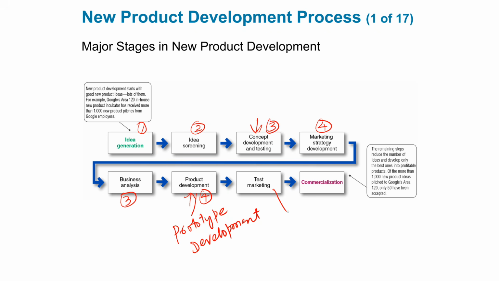Then you have test marketing. In some books it is also called, this is the fifth stage, market testing. And then we have, again I started from 3, 2, 1. Why did I do that? So okay, let me correct that. This is actually stage number 5. This is 6. This is 7. And this is 8. I don't know what I was thinking, that I restarted the number from 3.